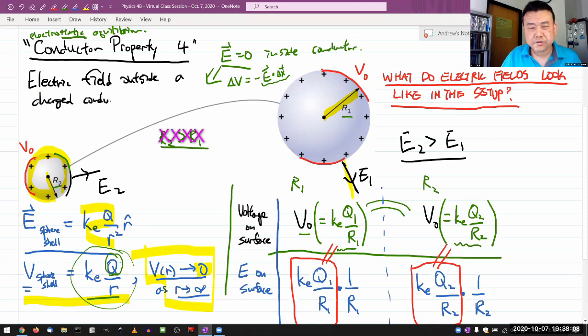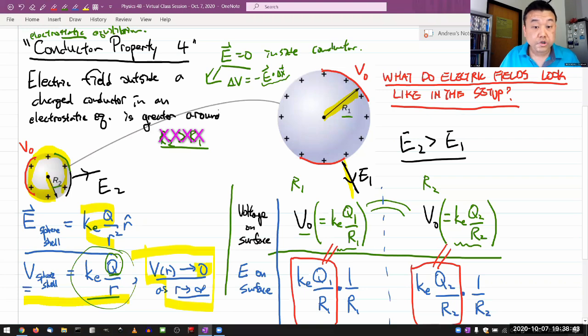And I probably should qualify it as in an electrostatic equilibrium, although I think a good chunk of this holds true when it's not equilibrium. So inside a charged conductor in an electrostatic equilibrium is greatest, or is greatest or greater. Let me say is greater